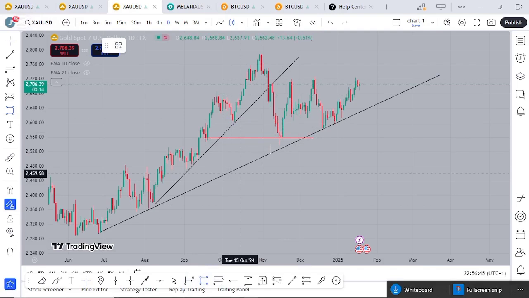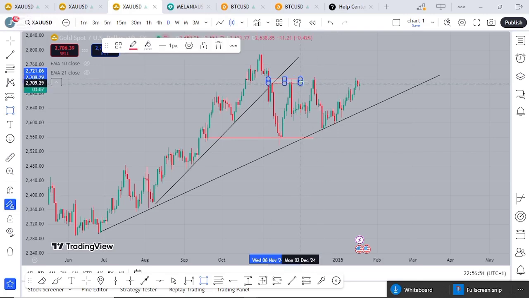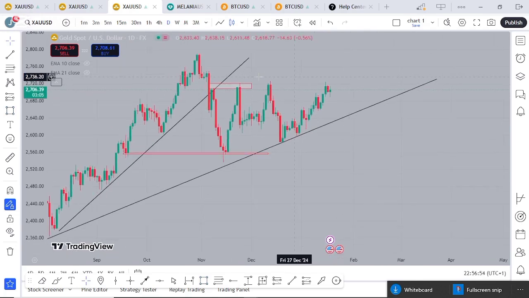I'm on the daily time frame on gold, guys. Now it came to this particular fair value gap or engulfing candle. The market came for rebalancing to this zone. After taking this engulfing candle, the market came back and took some of the little structural liquidity. After taking the external liquidity, it came to this little structural internal liquidity. After this it formed a rejection candle and printed some liquidities here.